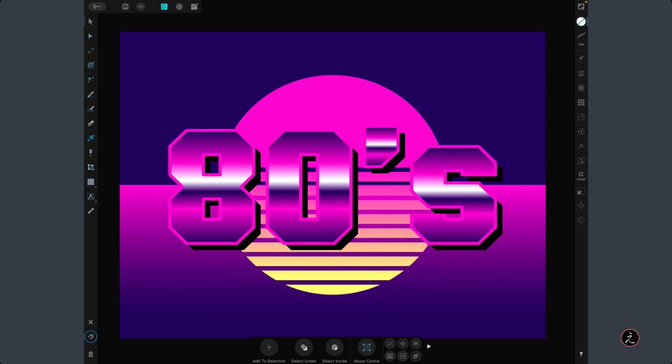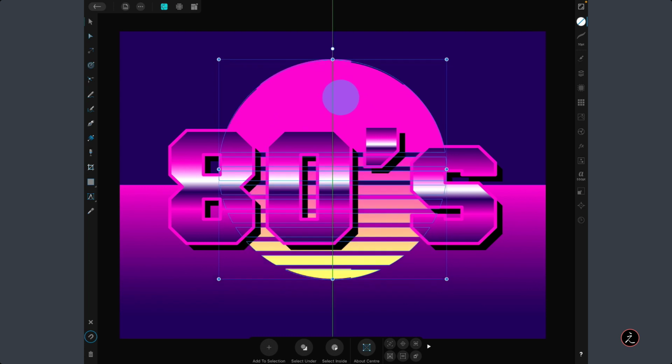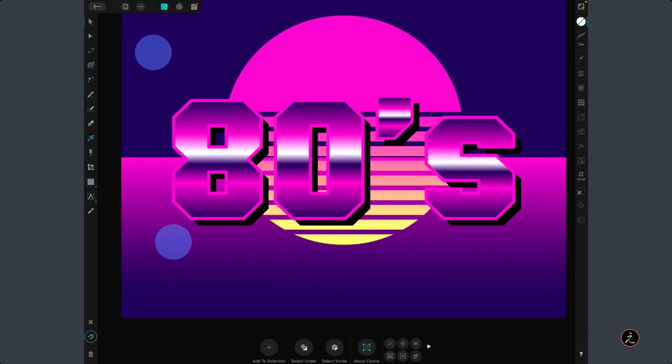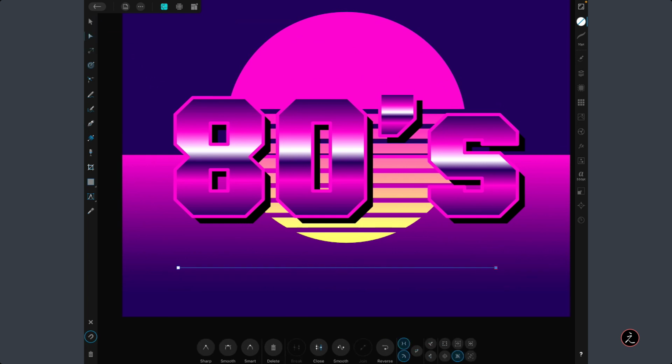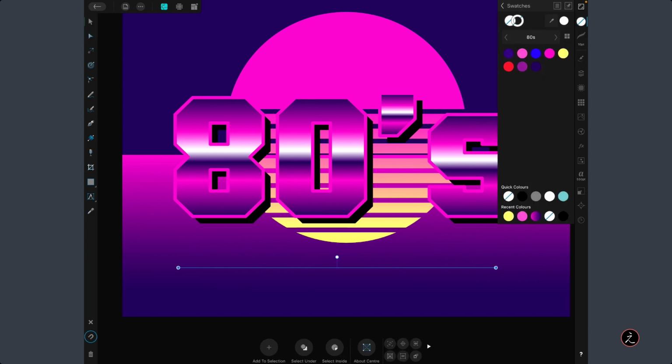For this last step of the Affinity Designer tutorial, I will introduce some additional straight segments. For that, I will tap on this circle. I'm going to bring this up a bit, so I can have a bit of breathing space at the bottom. I will tap to deselect everything, then grab the pen tool, and create a straight segment across as such. Then I will switch to the node tool. I just want to make sure this is a straight segment, and it is. For this straight segment, let's give a specific color here. The stroke width remains 10 points. I'm very okay with that.